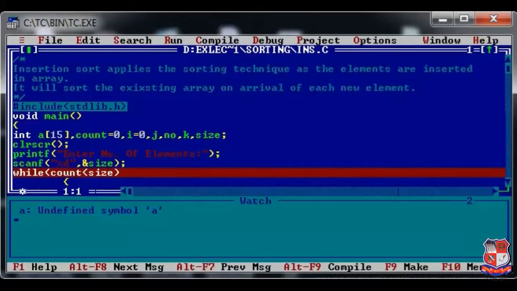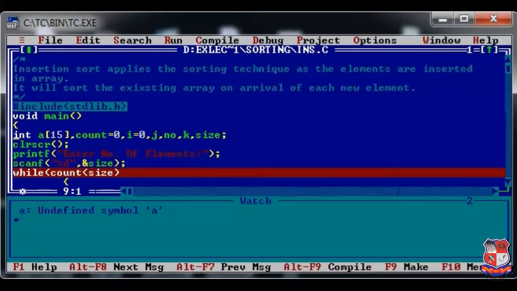Next algorithm is insertion sort. As per our discussion, insertion sort performs the sorting on arrival of elements. So as and when we are entering elements into it, it will automatically arrange the element to its proper place. It is something similar to our game of cards, in which we are arranging our cards as per their values as and when they arrive to us. Okay, so let us try to understand the implementation of insertion sort.